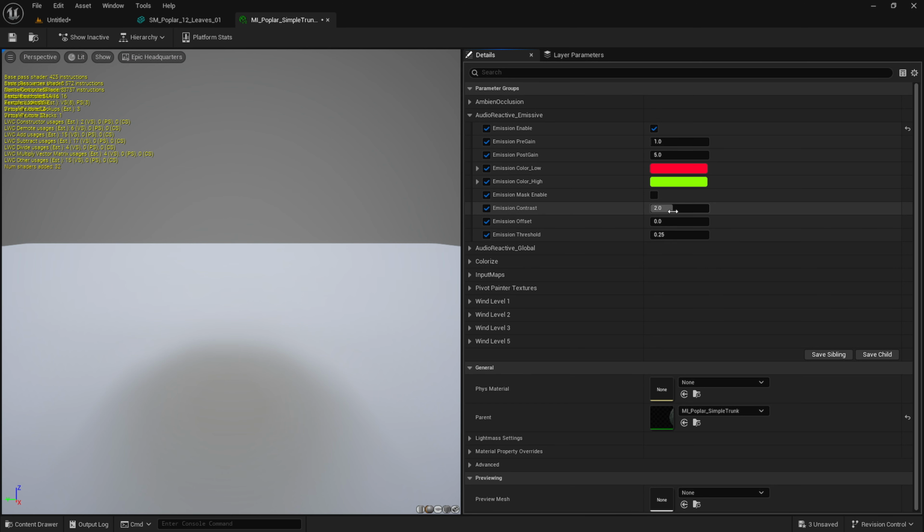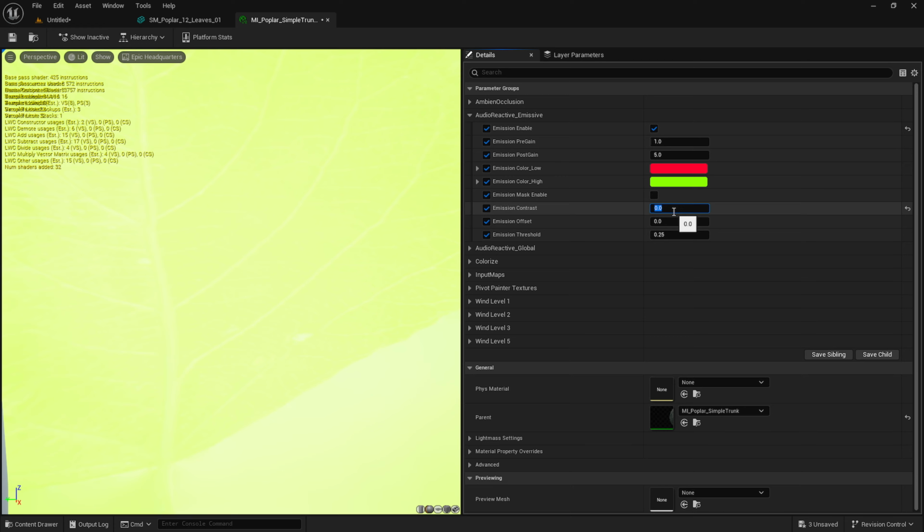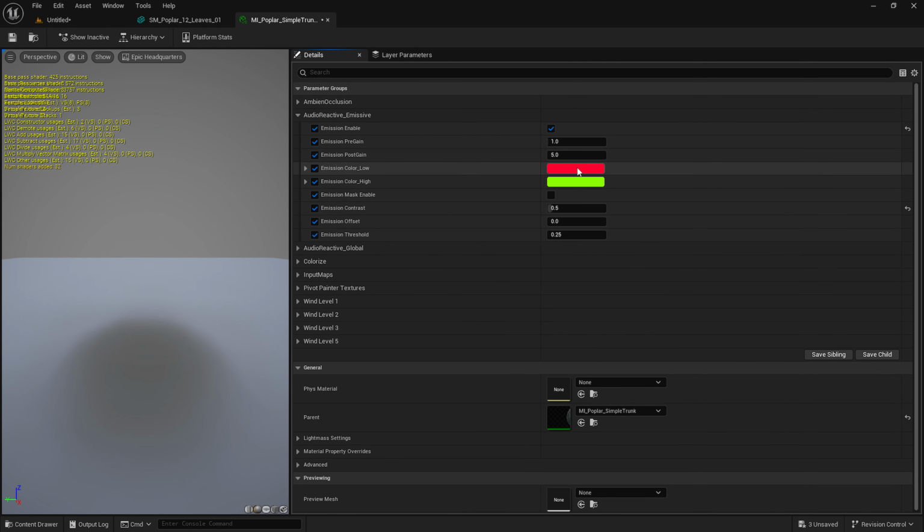It'll make it a more snappy reaction the higher this goes, or if you get closer to 0, you get a more smooth reaction between the low color and the high color. And the low and the high, this is basically low intensity, high intensity. So this and this and this parameter will let you control how this is blending from the low color to the high color.